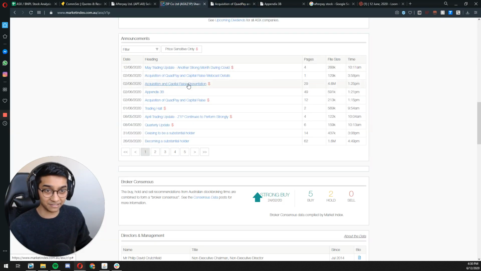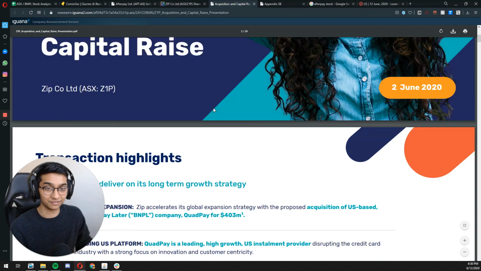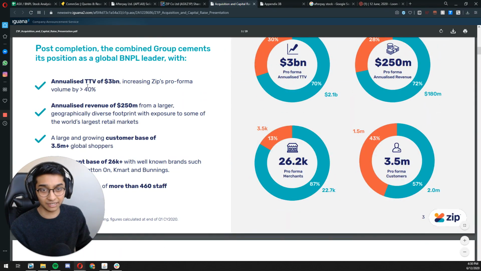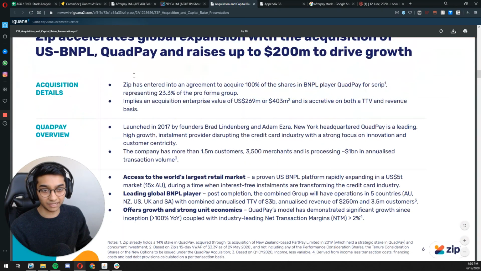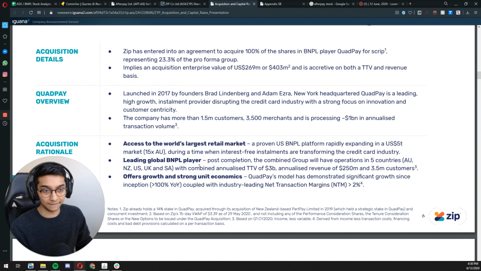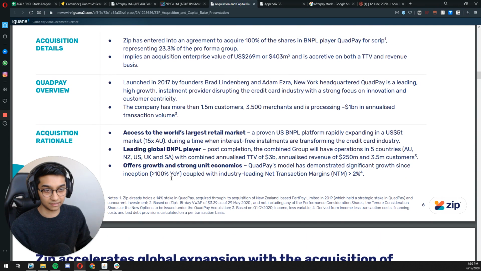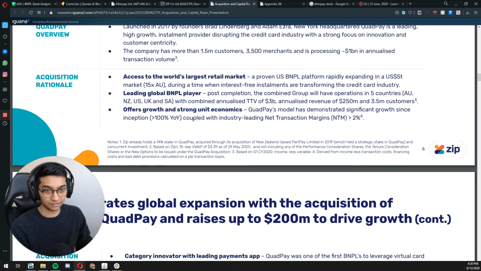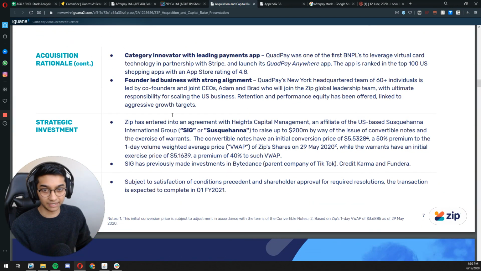I'm actually going to look at the presentation because, once again, the presentation is all nice and it shows a lot in it. So we're going to go down and look for where they explain the terms of the deal. Let's see. Okay, sweet. So for the investment side, they raised $200 million, and they issued convertible notes and they issued warrants. This is the convertible notes average price,